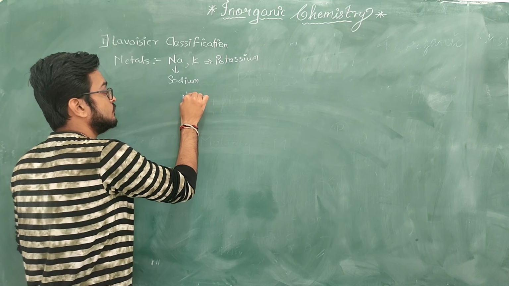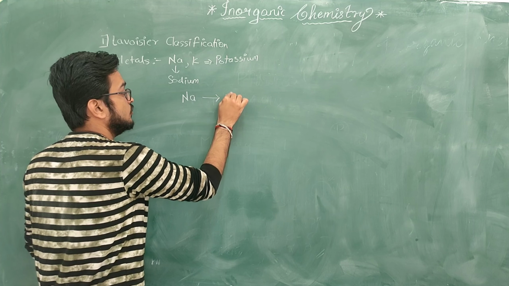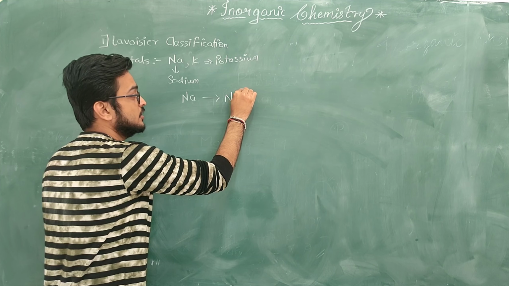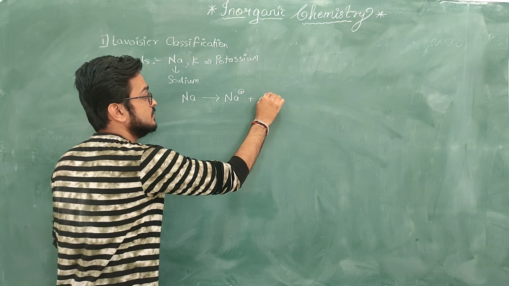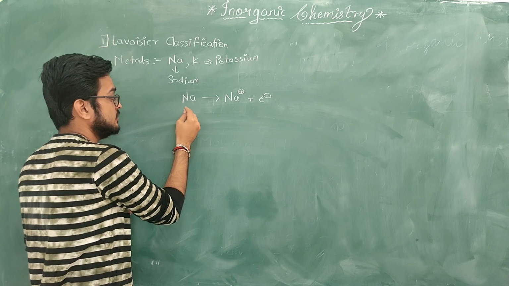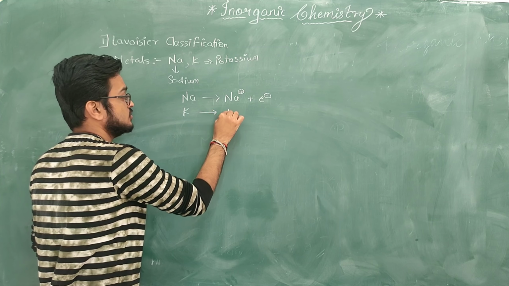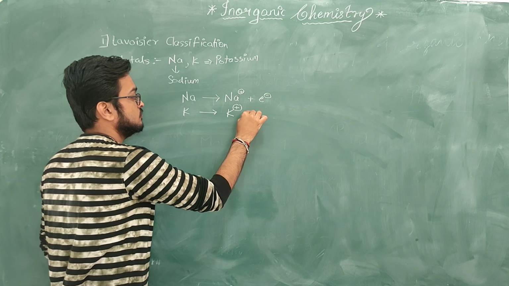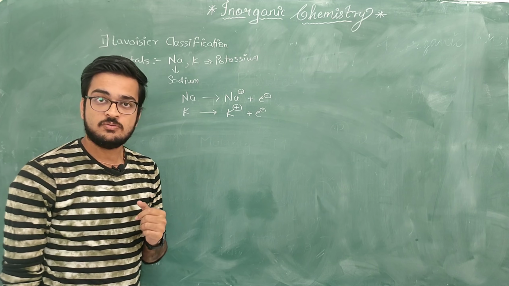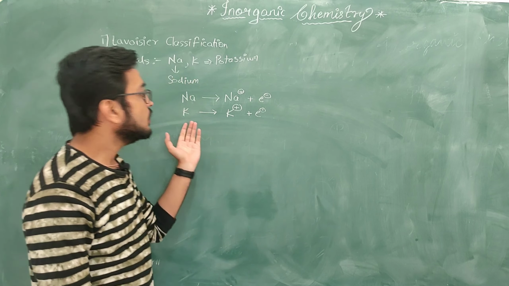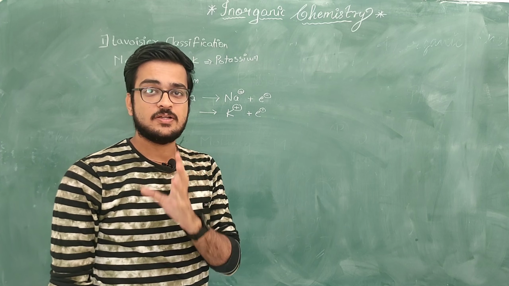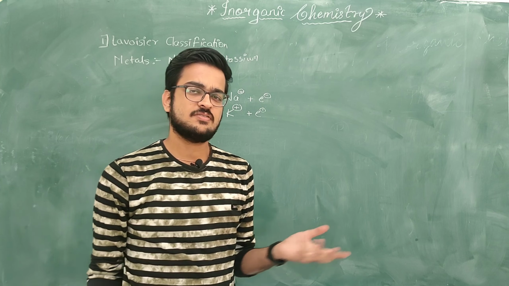So sodium, when it donates its electron, which charge is it going to get? Plus charge, positive charge, because the electron has been released from its outermost shell. You can write the same for potassium as well. Potassium, when it donates an electron, gets a positive charge. It's clear from here. Now what will I call them? Obviously they have got the positive charge, so they are known as metals, because they have donated the electron and they have got the positive charge. It's a very simple classification.